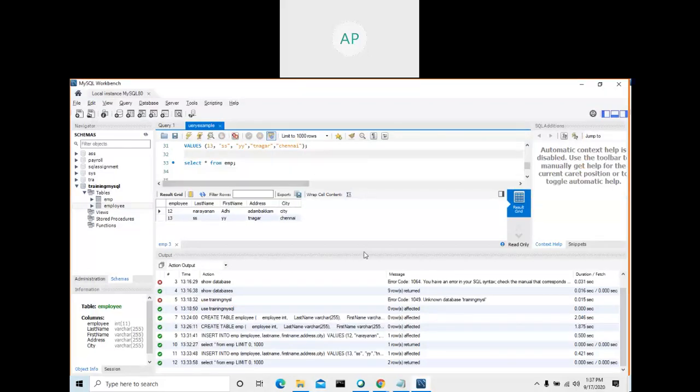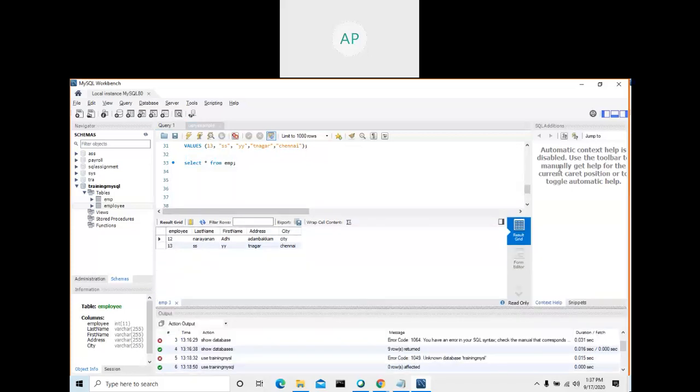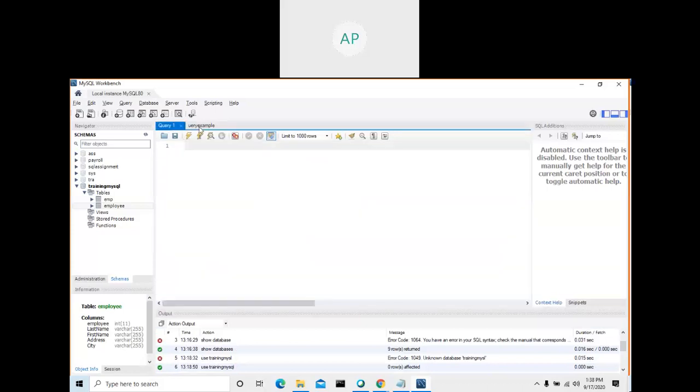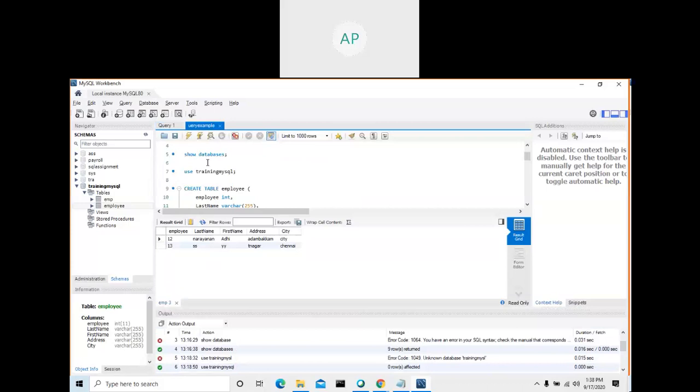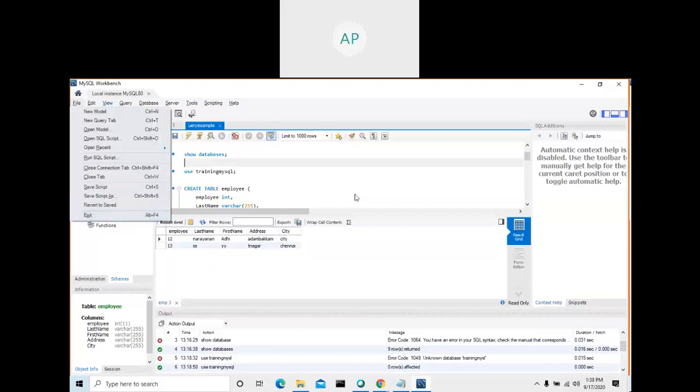Okay, now what can we do? Control S. Now if you want to see all the things, drag this one, go here, press the mouse and pull down. It may be a little bit difficult to use the tool the first time, but spend some time and you will get the flexibility. You can also close this if you want. Now, in which file did you write your query? In this file or this file? You wrote in this file. Okay, now it is saved.